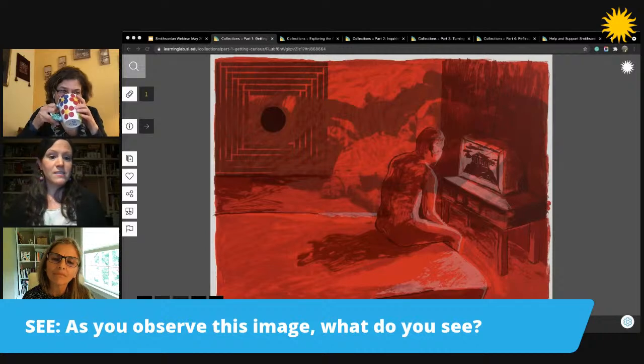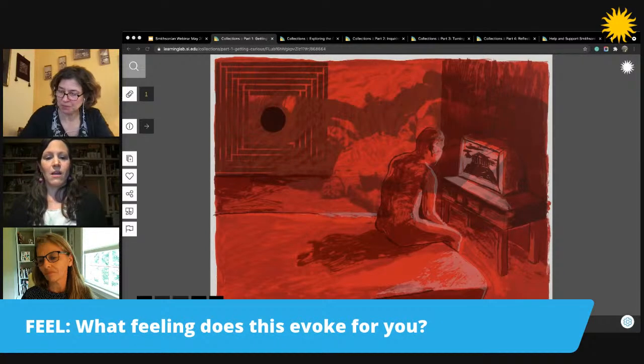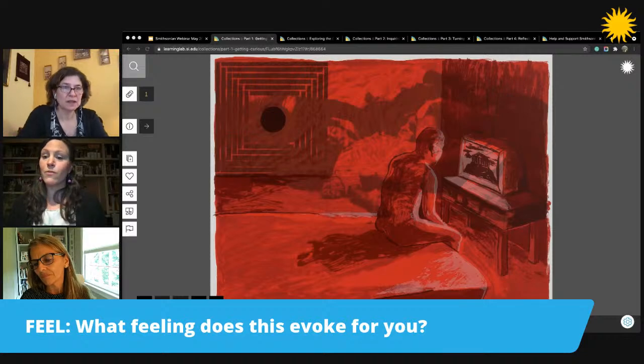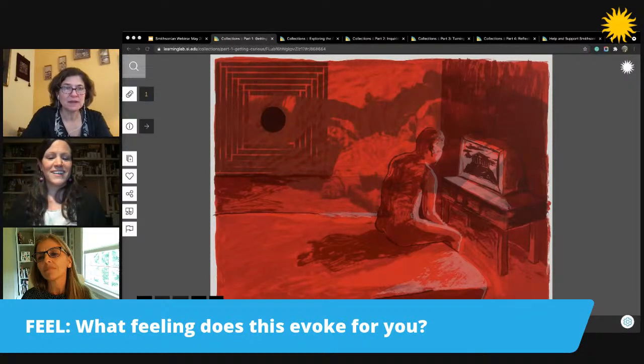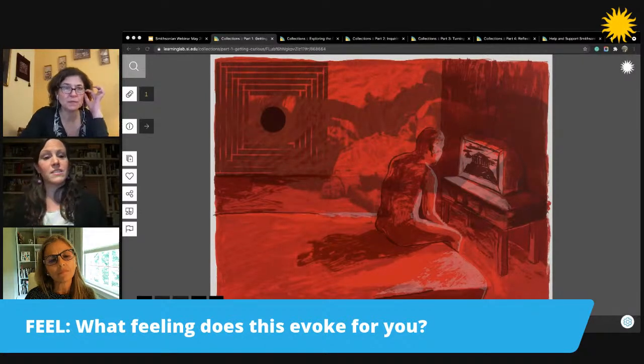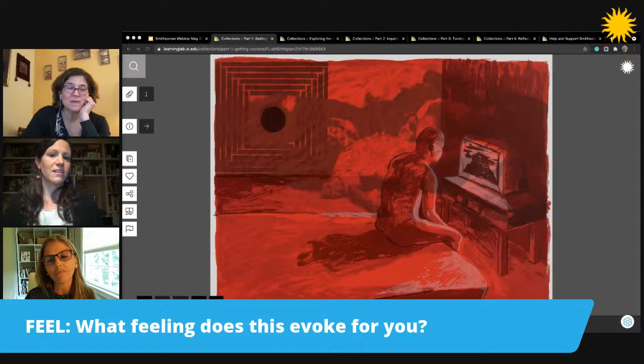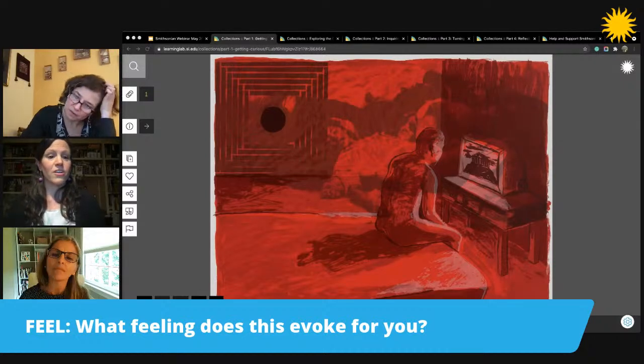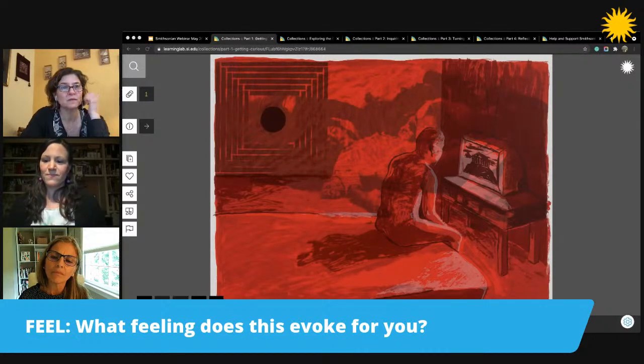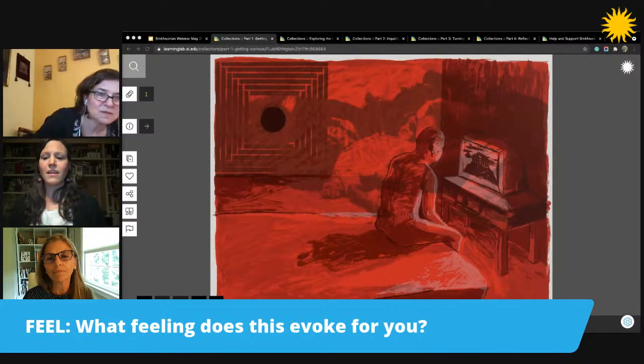And the feelings, if we transition now to what we feel: one of you had already mentioned fear in terms of what that evoked for you, or uneasiness in terms of the color and the red that's being used. This is actually a screen print, so I can only imagine the layers of screen printing that this particular artist had selected in order to create this image. I'll give you a minute to see if there are any other feelings out there.